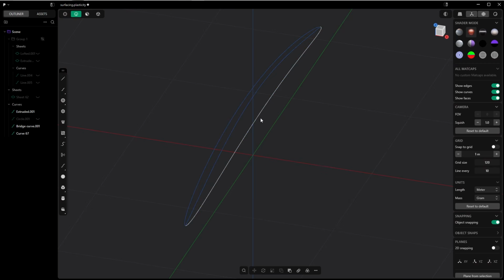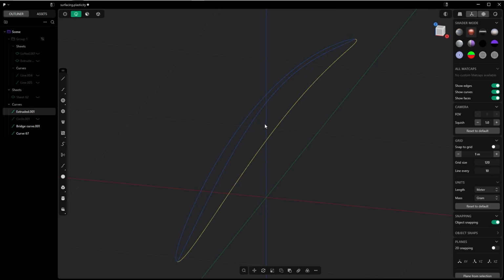So if you want to cut a sheet or a solid with the curve, you press C once. But if you want to cut a curve with the curve, you press C twice. It's that simple. Okay, now that we have 3 parts, we can simply run the loft, select the first one,